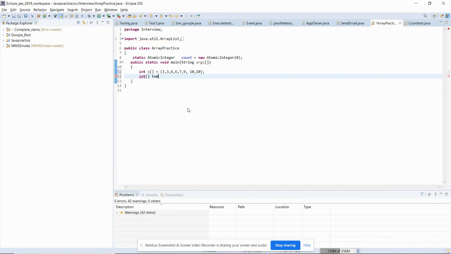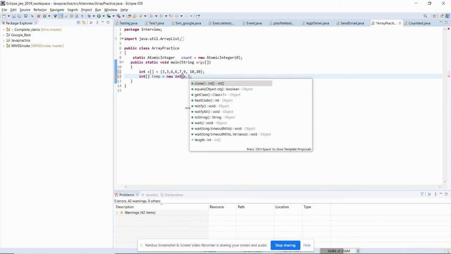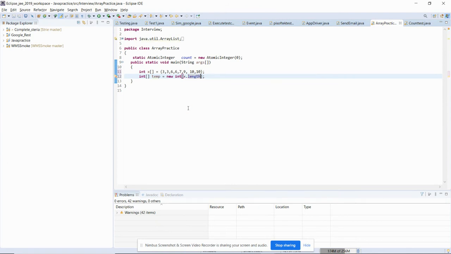I will give it the name temp is equal to new integer array, and for the time being, we will take the length very similar to the original array, means I will take the length as x dot length. By default, I am assuming that the length will be equal to this original array. So I am passing here the length.